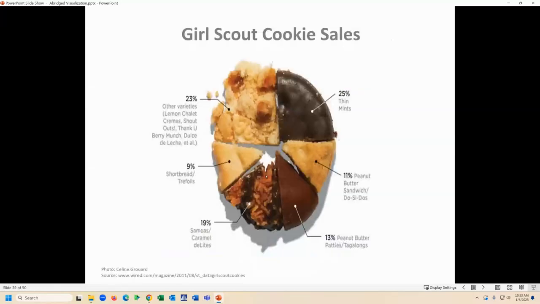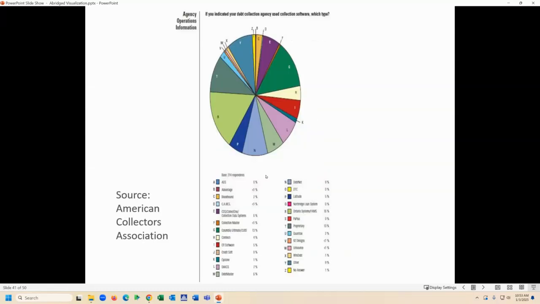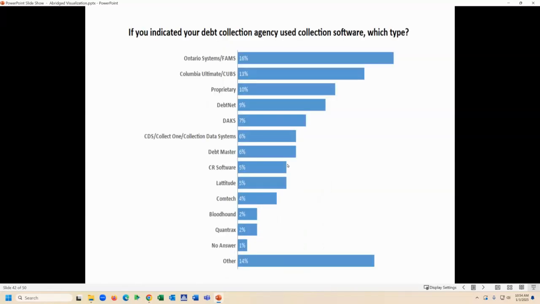This is a really nice pie chart. I accept this one. And this is a nice, funny pie chart. This is a very bad pie chart. It's an example of all the things you shouldn't do. And a bar chart from